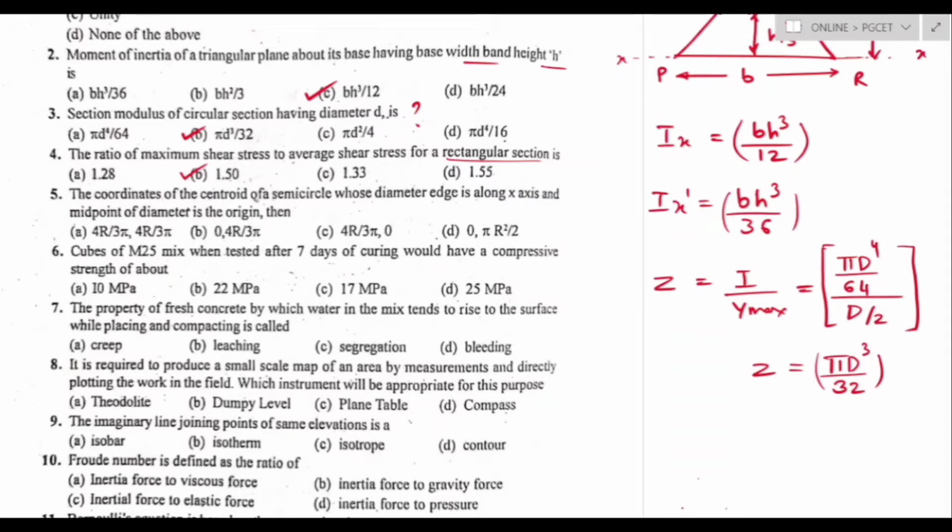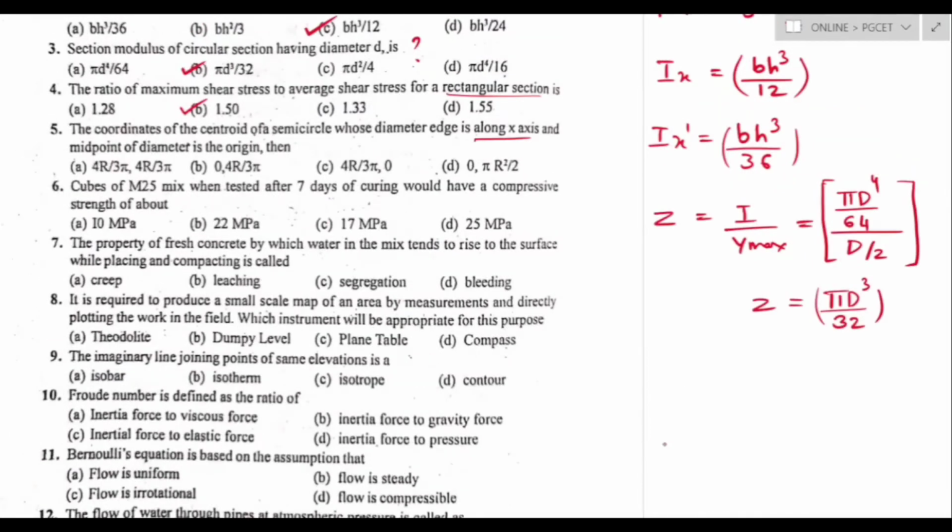Question number 5. The coordinates of a centroid of a semicircle whose diameter edges along the x-axis and the midpoint of the diameter is the origin. Then we have to find the coordinates of the semicircle. So let's draw a semicircular section. This is the x-axis and this is the y-axis of the semicircle, and this is the centroid acting at its